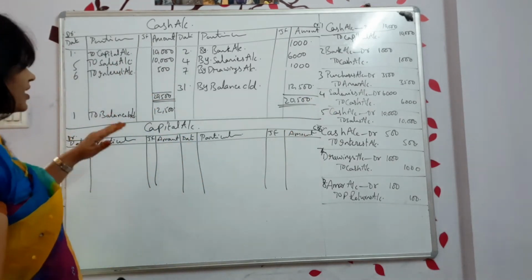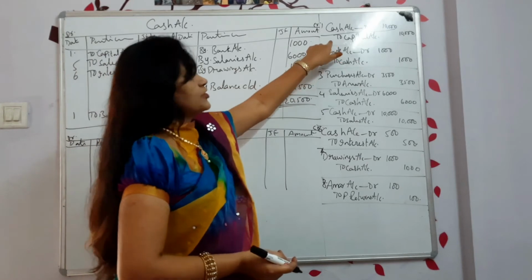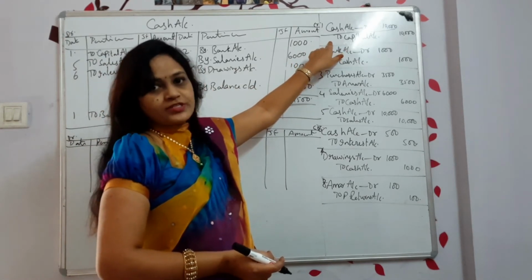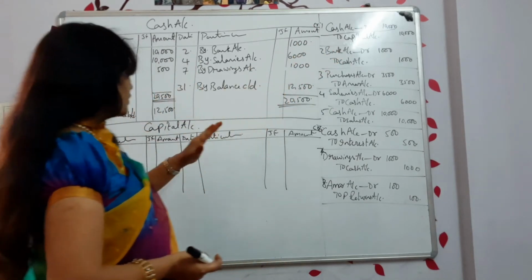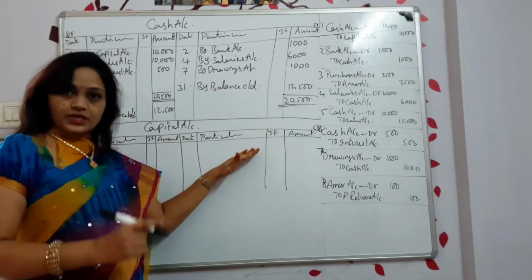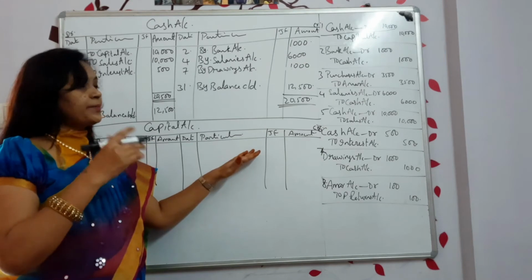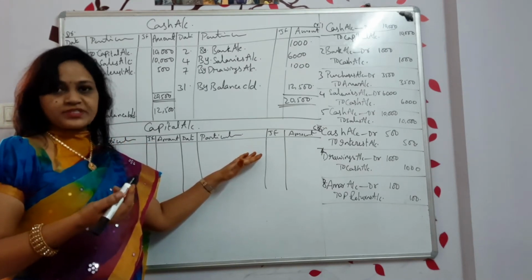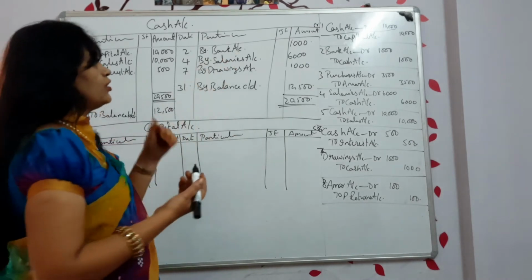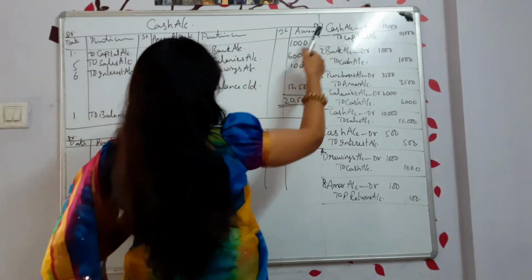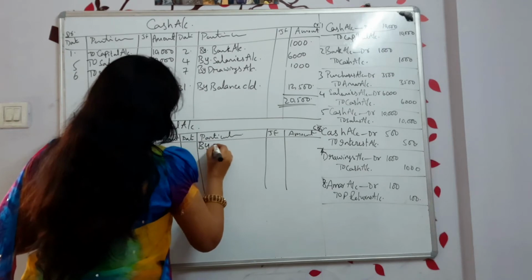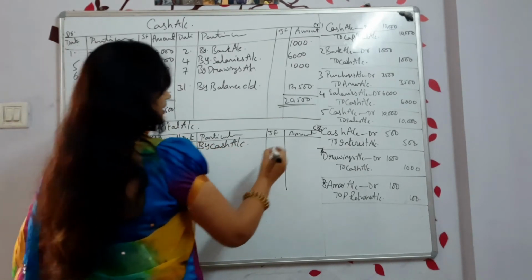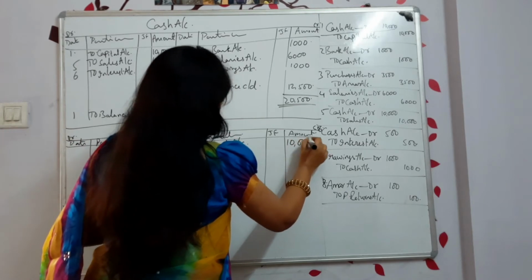Okay. Now see the journal. In the first journal you can see the word capital on the credit side. So where should I write now? I have to write on the credit side. Shall I write capital again? If I write capital I will not understand what the transaction is, or how I received that capital. So if I write by cash, whatever is on the debit side, by cash account, that means I received capital in the form of cash. How much? 10,000. That's all.